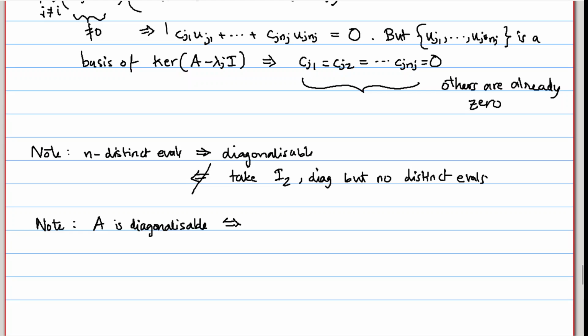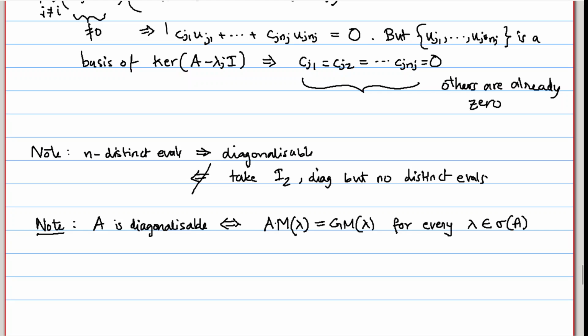if and only if the algebraic multiplicity of the eigenvalue is equal to the geometric multiplicity of the eigenvalue for every eigenvalue, for every lambda in sigma A. Sigma A represents the collection of all eigenvalues of A. This is also easy to note. Why is this the case? Because we've seen that